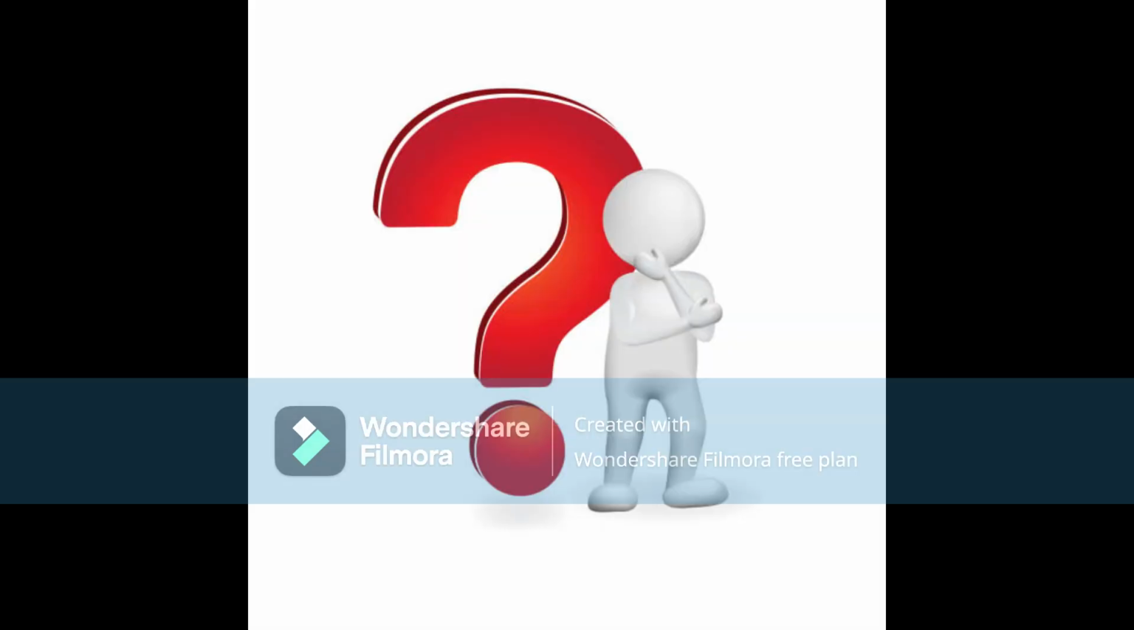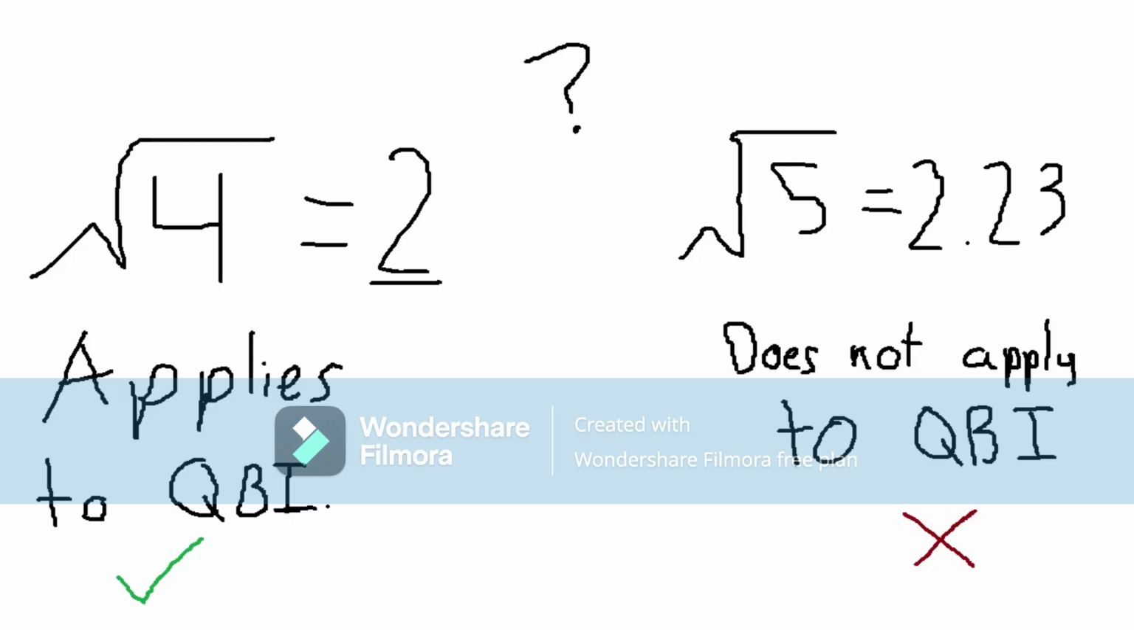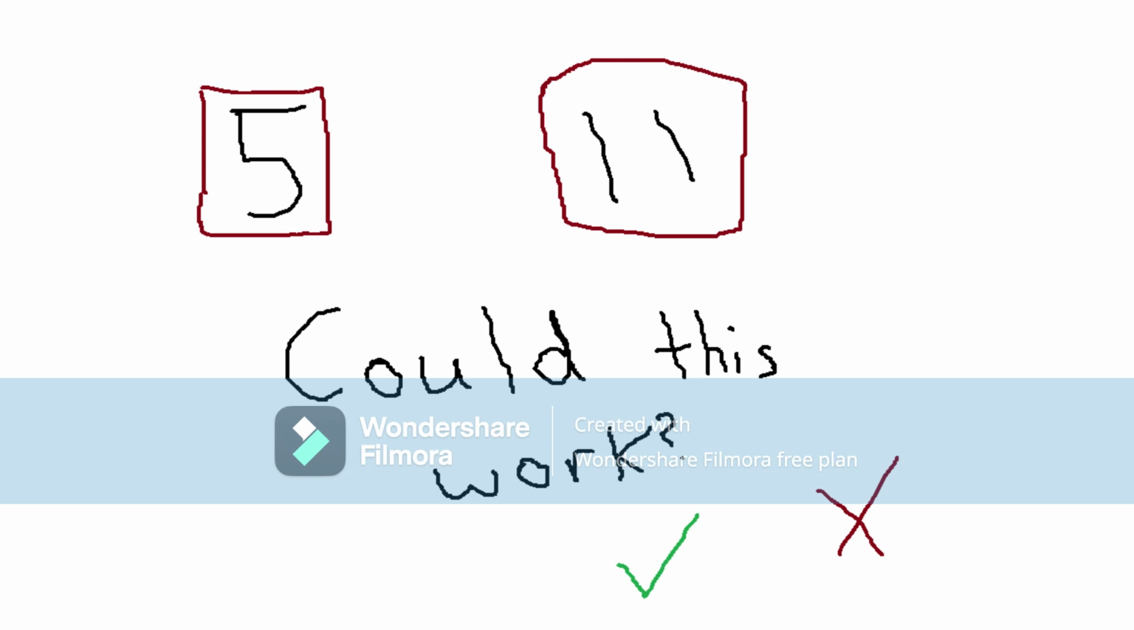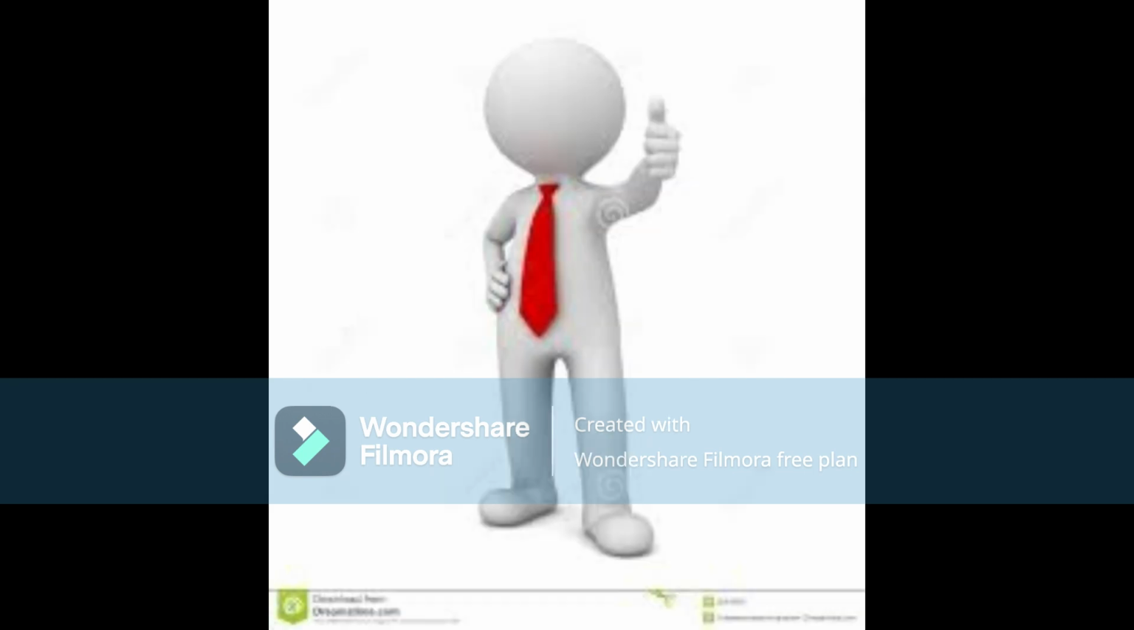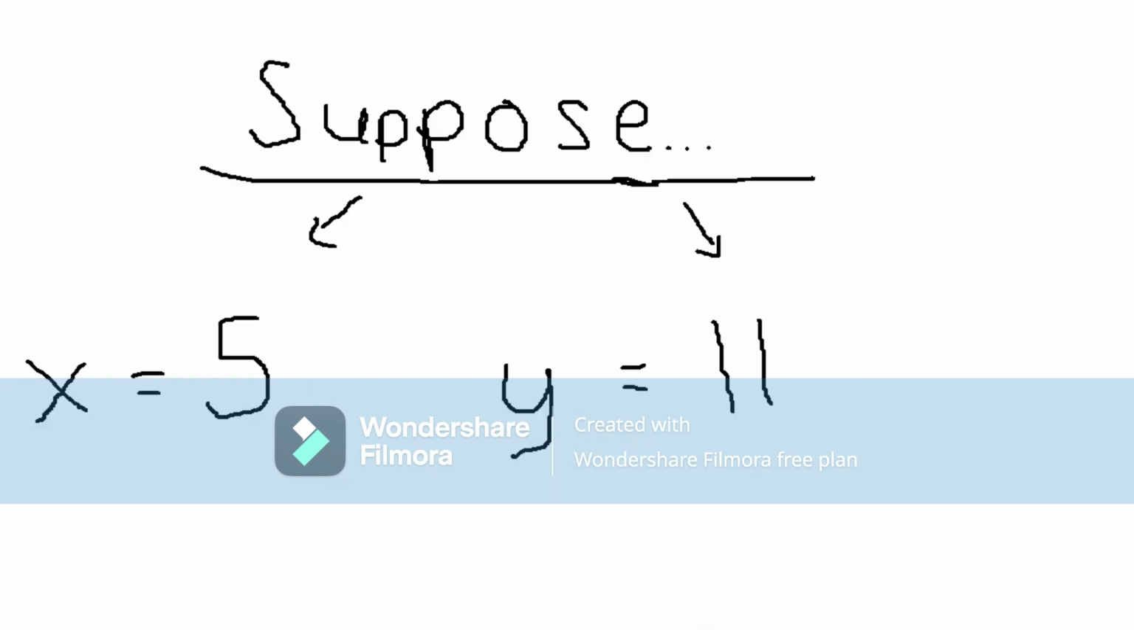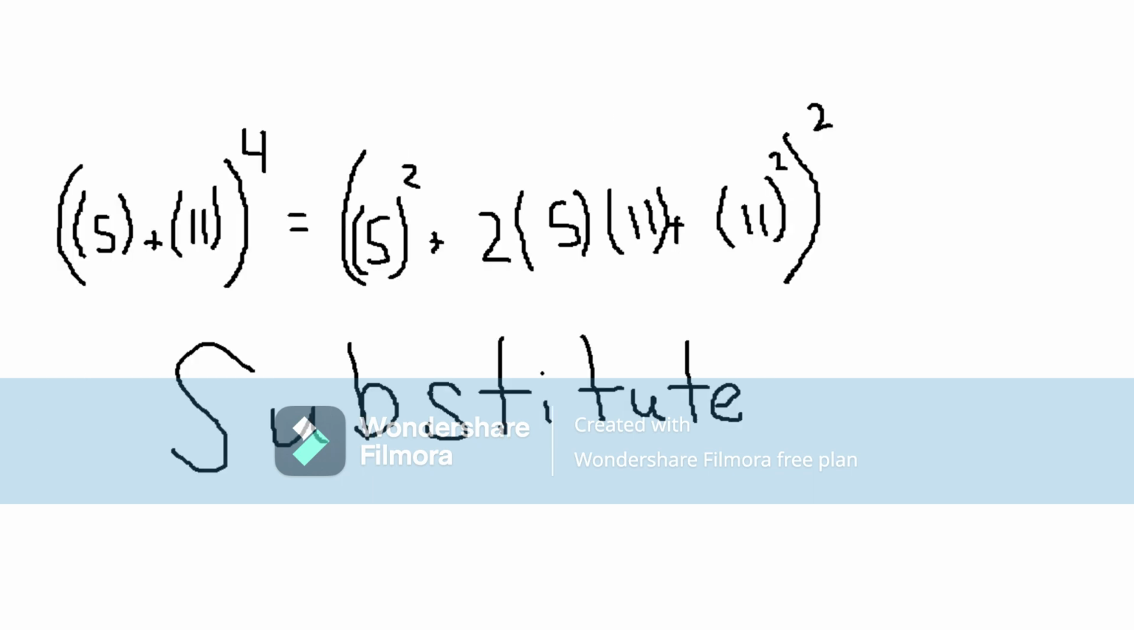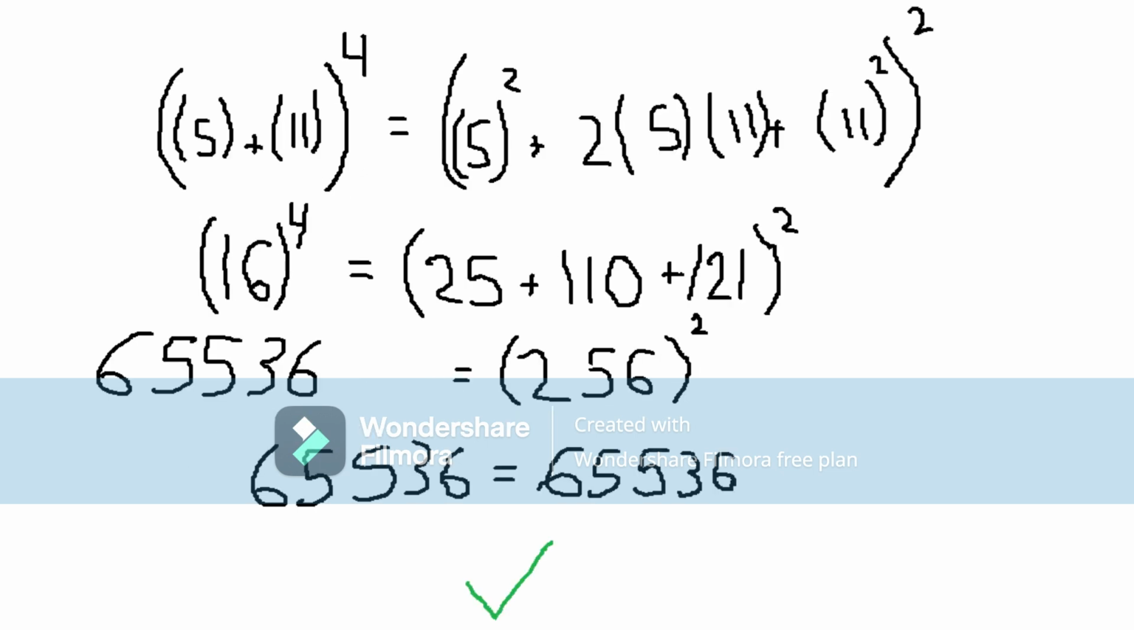Wait, what's that? Does this identity only apply to perfect squares? What if you choose numbers that aren't a perfect square? Excellent question. Suppose x is equal to 5 and y is equal to 11. If we substitute these values into both sides of the equation and simplify, we see that, yet again, both sides